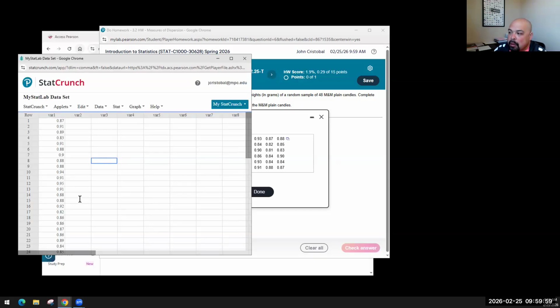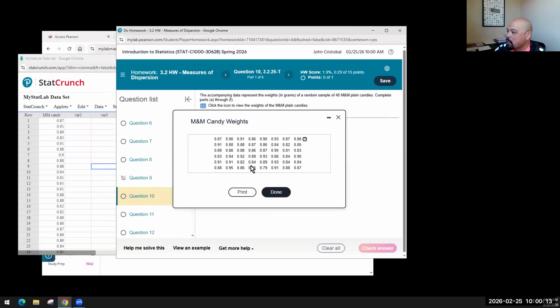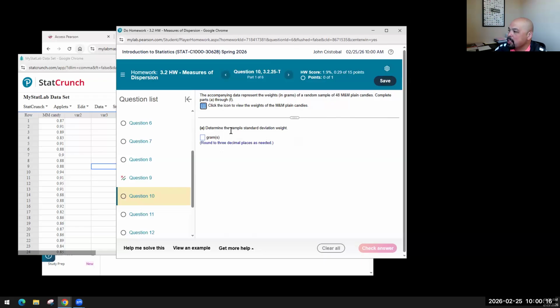If you want to, right here, you can name the data, like this is M&Ms, okay? Or you can leave it as var1, var2, and so on. Notice all of our data is in a column here. And so if I want to calculate the standard deviation, right? So our first question, I'm moving that away, is to determine the sample